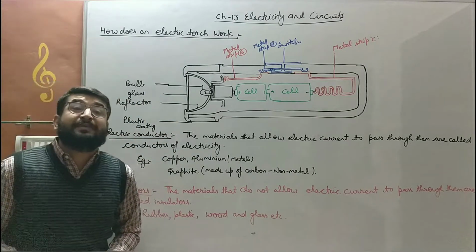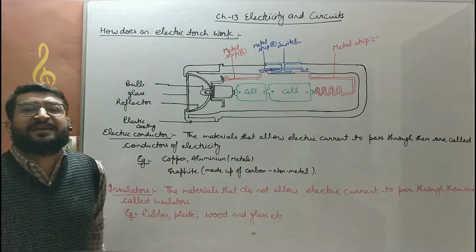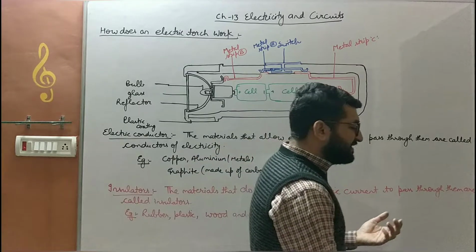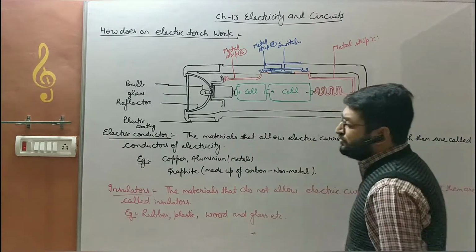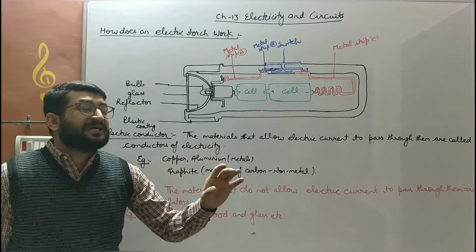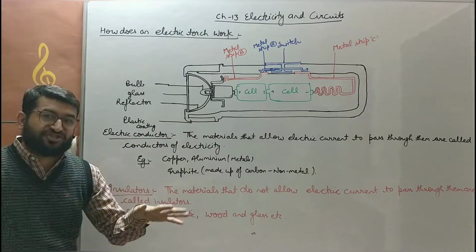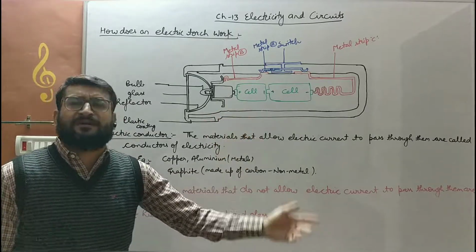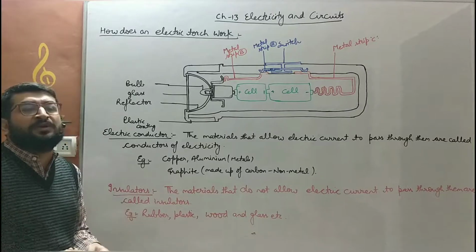If someone asks you, name a device which provides energy to the electric torch, कौन सा डिवाइस एनर्जी प्रोवाइड कर रहा है बच्चे टॉर्च को? सेल. Electric cell is the device which provides a constant electricity to the torch. फिर धीरे धीरे बच्चे, after a continuous use, after a prolonged use, the electric cells have certain chemicals. Those chemicals will be finished, and the cells, we say, become weaker, and the torch does not glow. So we have to change the cells after a particular interval of time.